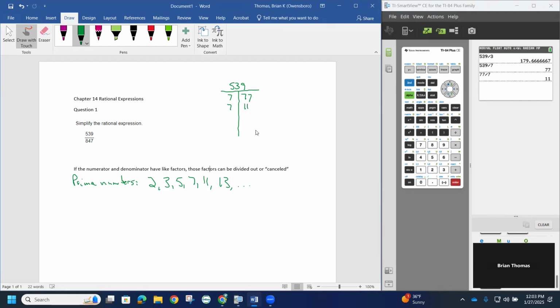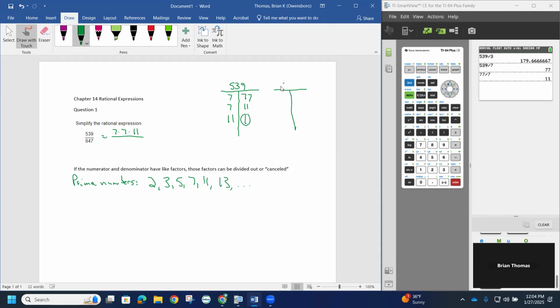And notice that 11 is a prime number. So the only thing that's going to go into 11 is itself. So 11 goes into 11 one time. So what I could do is change 539 to 7 times 7 times 11. So it has those factors in it. So the 847, hopefully